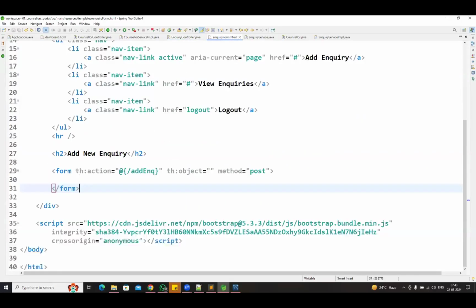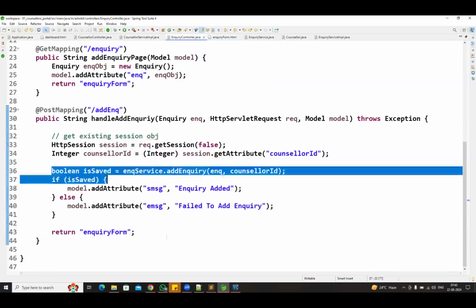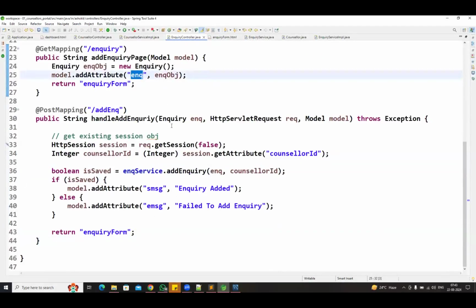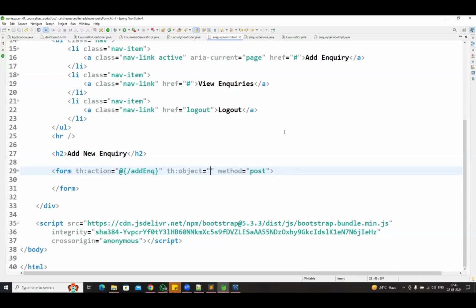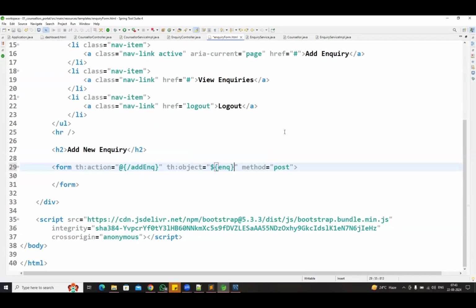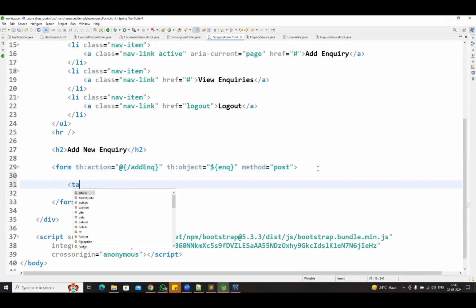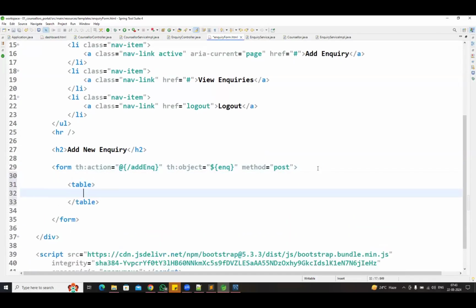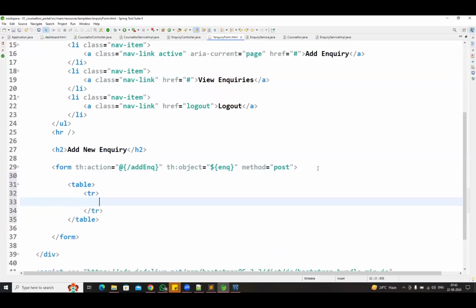Now we need to display the form here. So form action, add inquiry, form binding object. What is the binding object we are sending? So enq is the binding object we are sending. So th:object is equal to dollar of that enq, method is equal to post. So let us take a table to display the fields with proper alignment. tr td. So this is name of the student, student name,